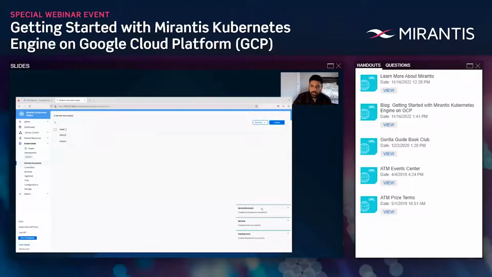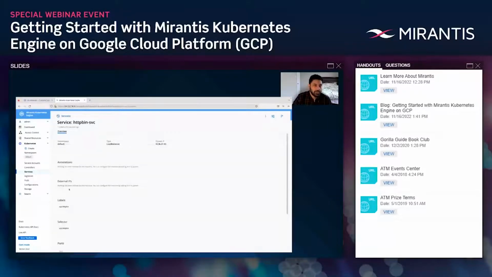When you create that, it created all 3 objects. Going to the service tab, you will see that we have this new service, http bin service of type load balancer. There's no external IP here, but let's go to Google Console